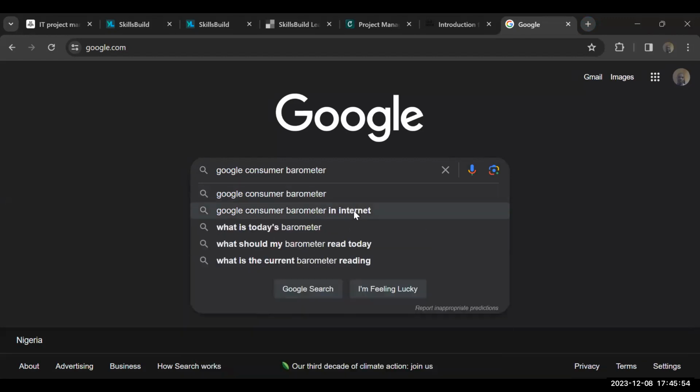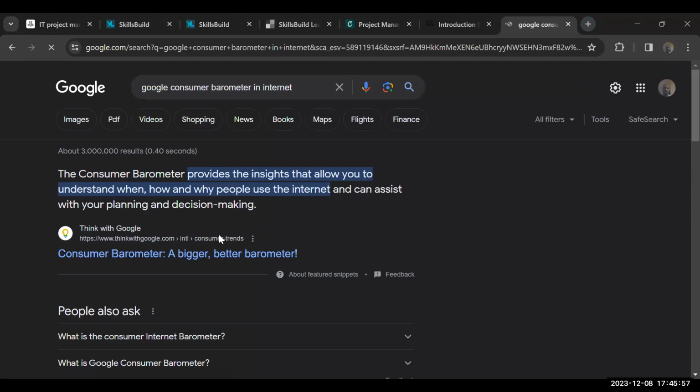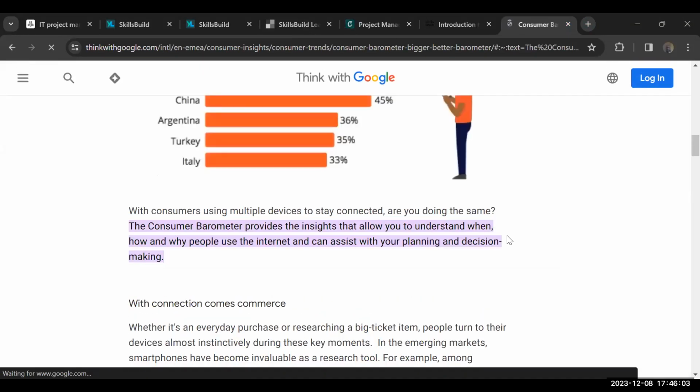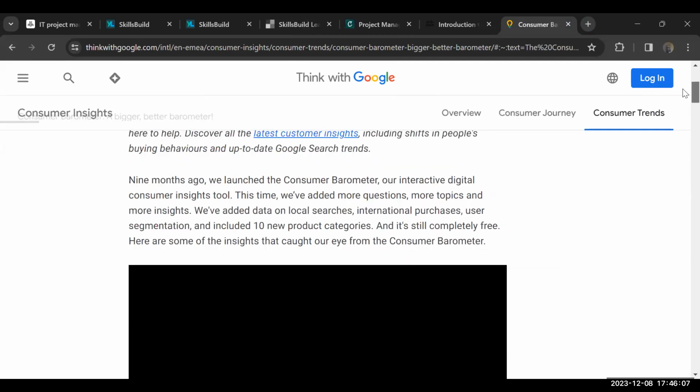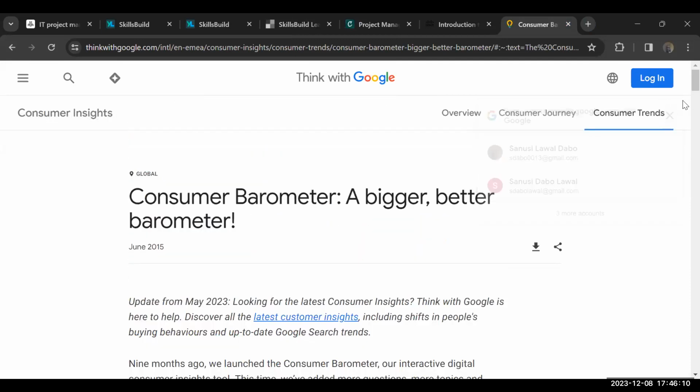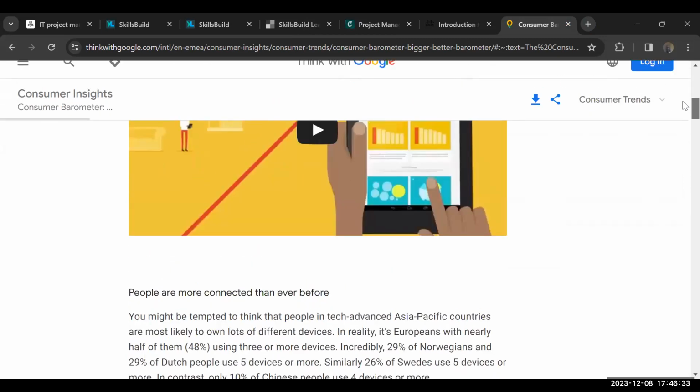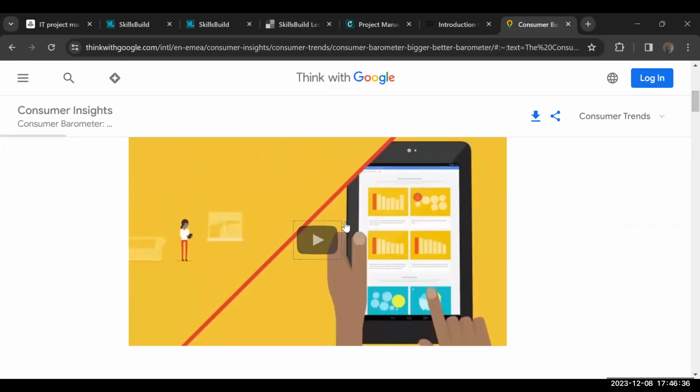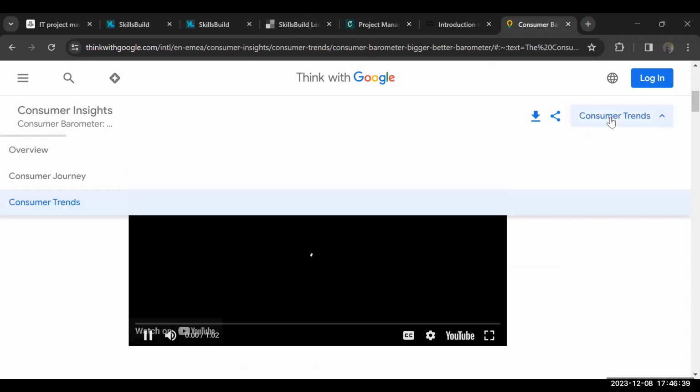I'm searching for Google Consumer Barometer Internet. Consumer Barometer is a very good tool built by Google, which will help you understand how internet usage is being metered across the globe. So you can look at it. The first thing you can see, the location is global, right? This is a global report, not specifically Africa or Nigeria. So it's basically global. This is based on 2015 data, and I believe it's very dated data, but when you come to the consumer trend,